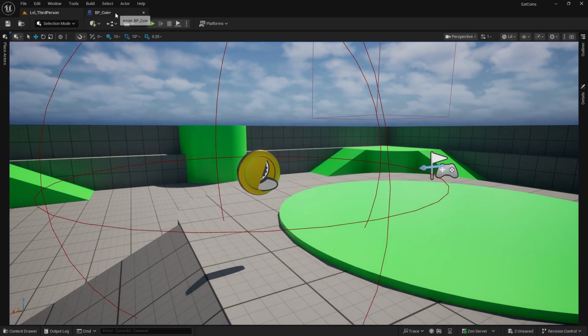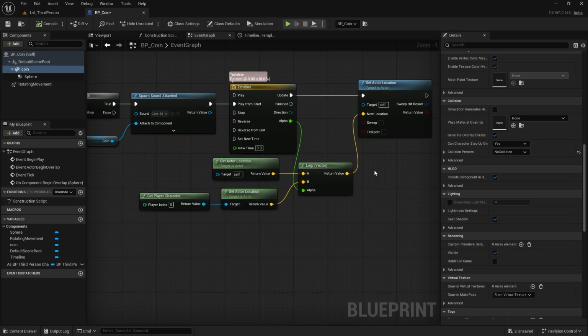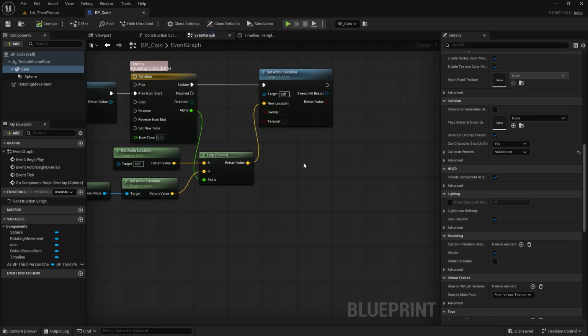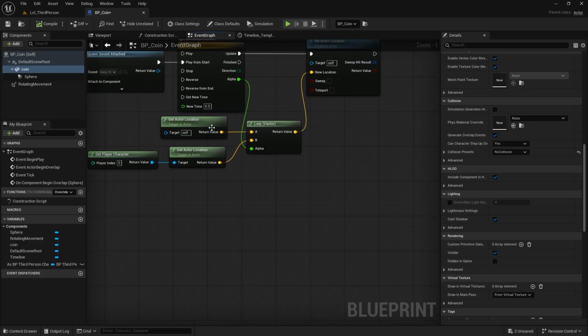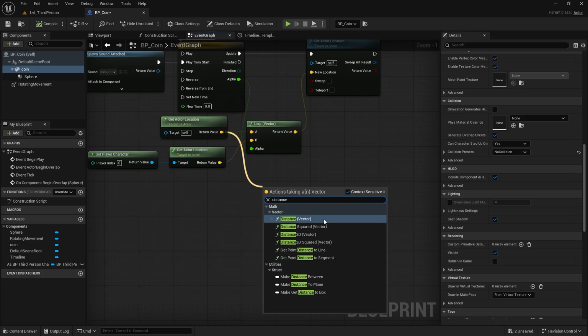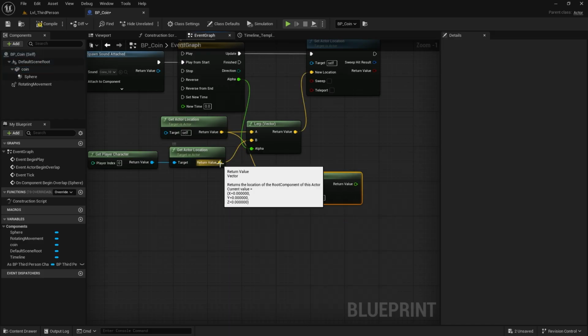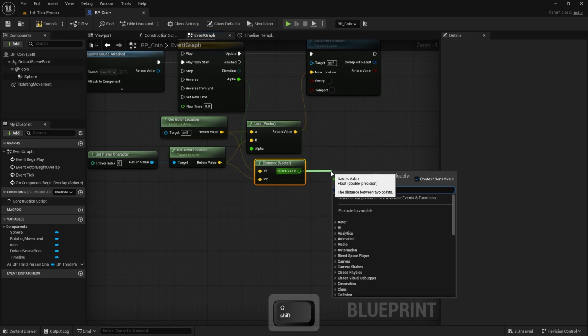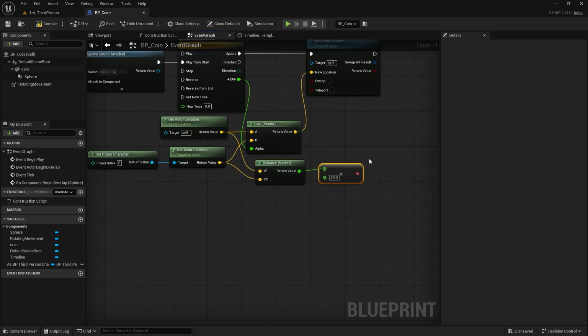Exit the play mode. Go back to the coin blueprint. Next, we'll make the coin disappear after it reaches the player. So first, we'll define the condition for when the coin should disappear. We'll measure the distance between the coin and the player. When the coin gets close enough to the player, we'll destroy the coin blueprint. Use a distance node to calculate this. Connect the player's location to it. If the distance between the coin and player is less than 50 units,